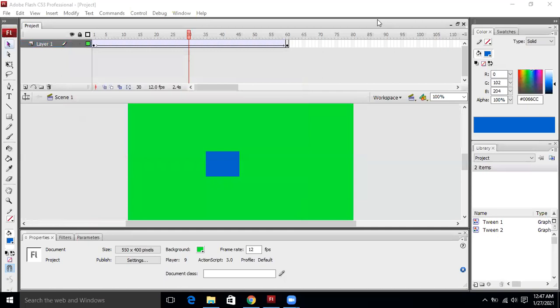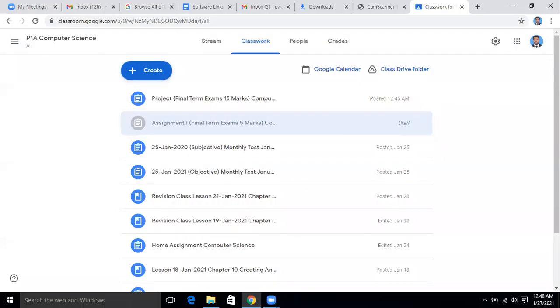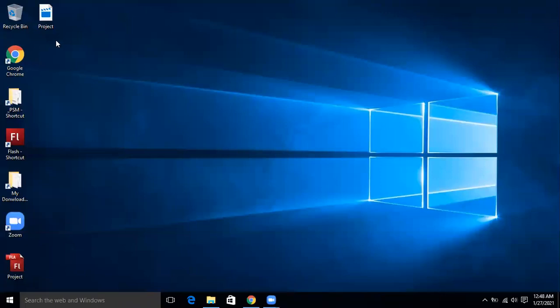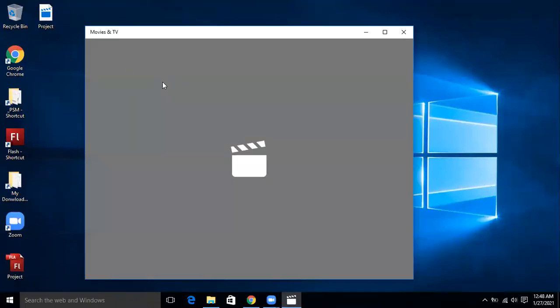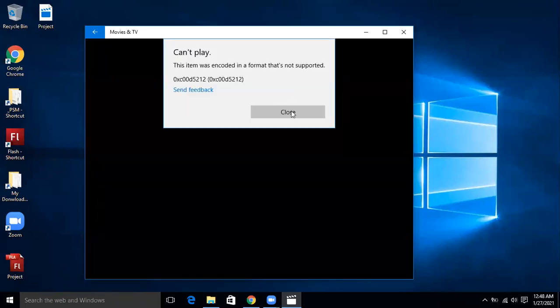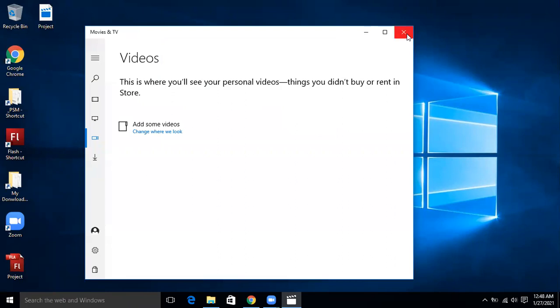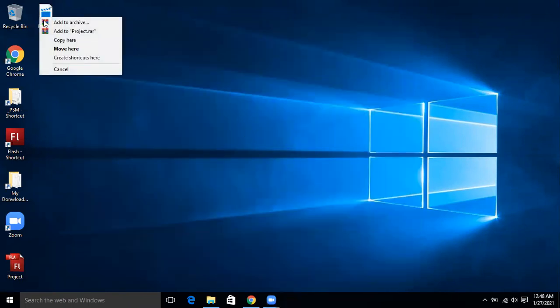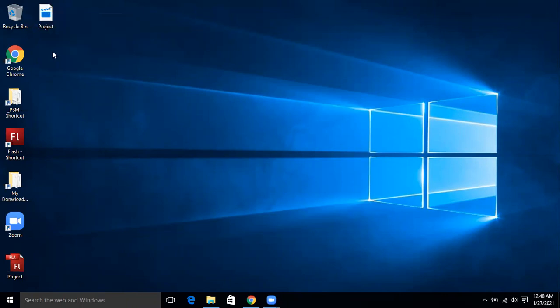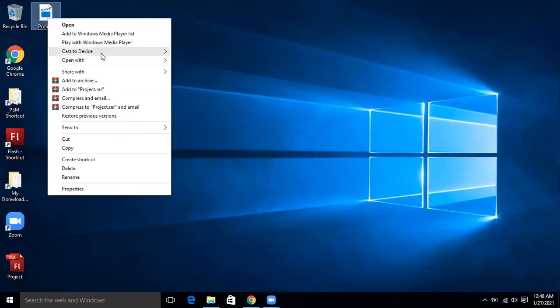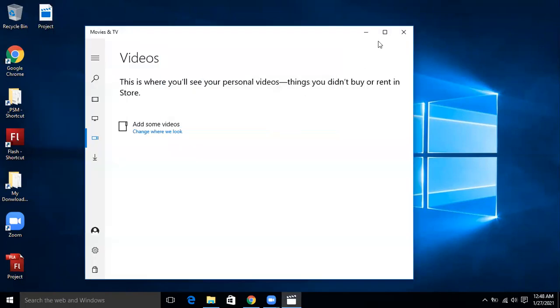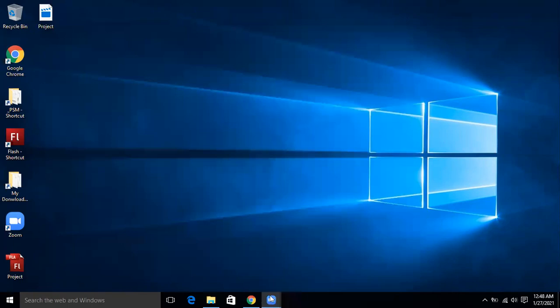Now even if I close Flash, I will be able to play it directly. Can you see this? It is now getting played in the movie player. Right now I have just installed Windows, so some applications are not there in my PC. Otherwise Windows Media Player or something like it will be there, so you'll be able to play it quite easily. Okay, so that's why I'm saying this. Okay, thank you, sir. The students will keep the cameras closed. Okay, fine.